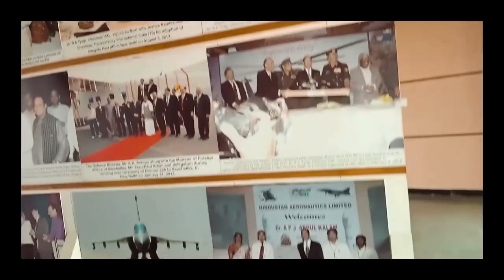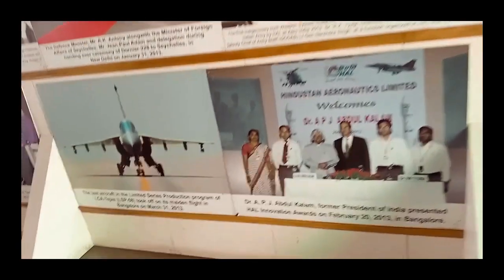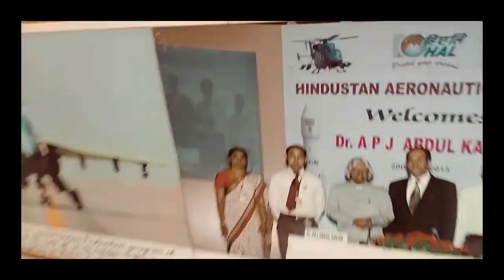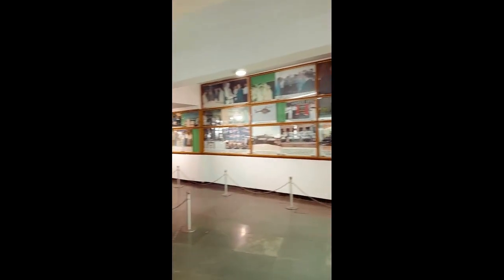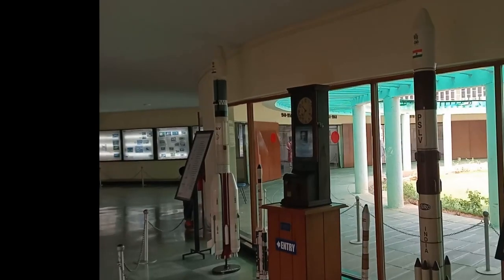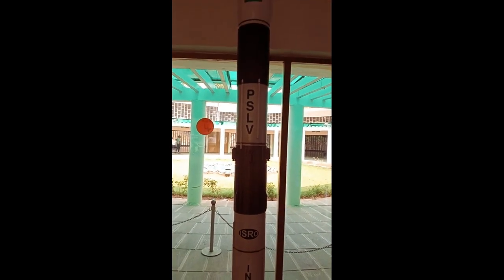The history and growth of Hindustan Aeronautics Limited is synonymous with the growth of aeronautical industry in India for more than 79 years. The company, which had its origin as Hindustan Aircraft Limited, was incorporated on December 23, 1940 at Bangalore by Sri Walchand Hirachand, a far-sighted visionary, in association with the then government of Mysore, with the aim of